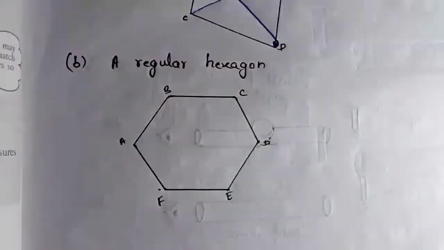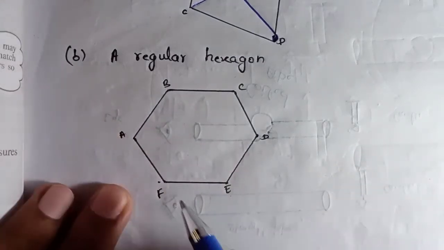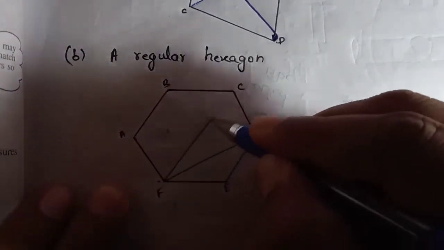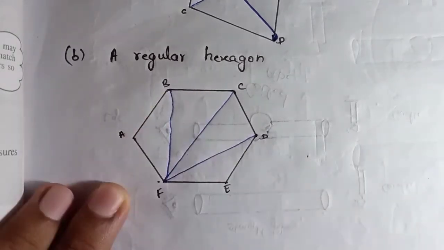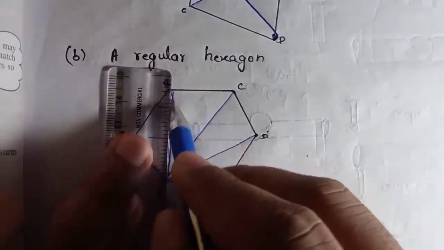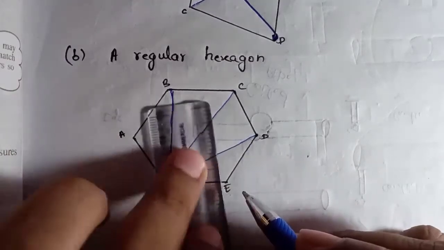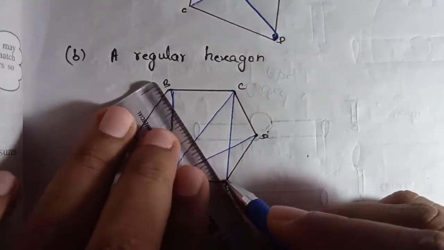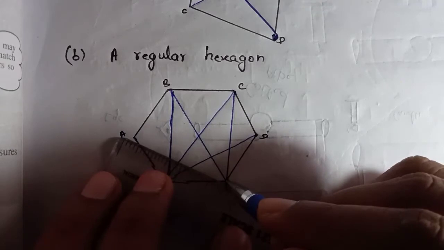In case of a regular hexagon, we have first diagonal here from point F to D, second is from F to C, third is from F to B, and I can use a scale too, so make it straight. It must be a line segment. Fourth is from E to C, fifth is from E to B, sixth is from E to A,